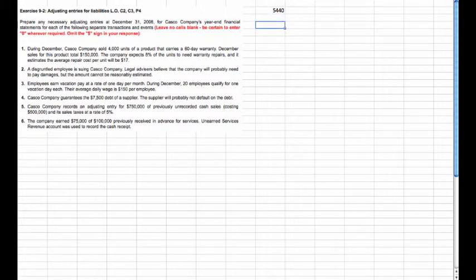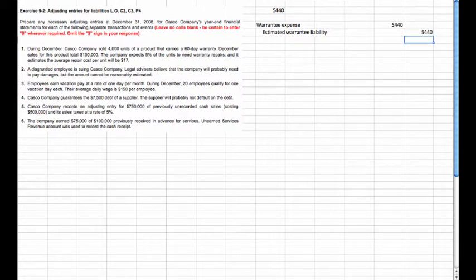So we would need to do a journal entry that would be basically debit warranty expense, and that would be in the amount of $5,440. And then we'd have to do a credit of estimated warranty liability. Oops, I misspelled it. Let me make sure I spell it right. In the same amount of